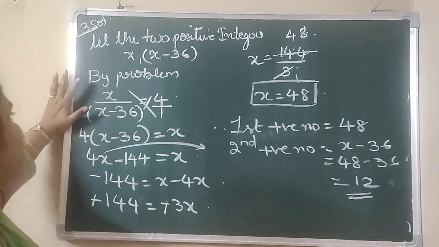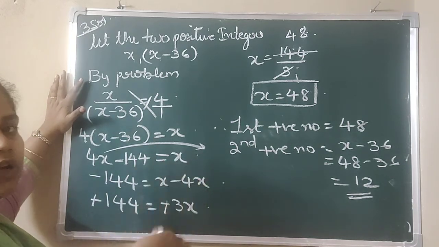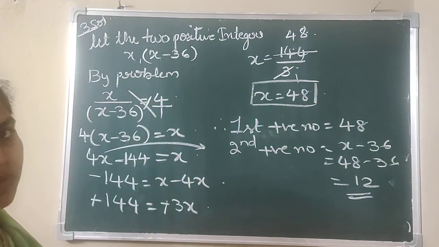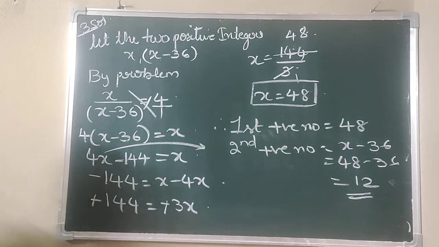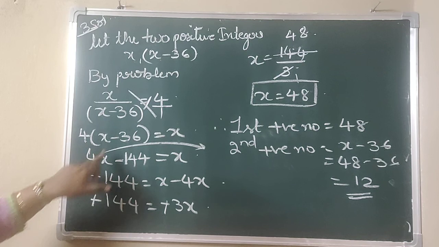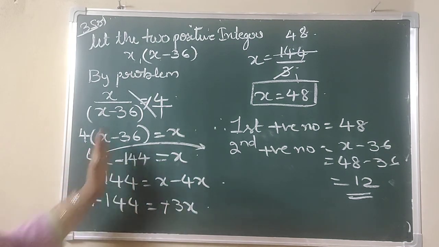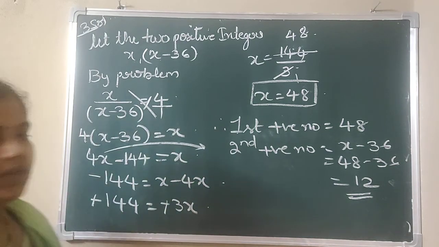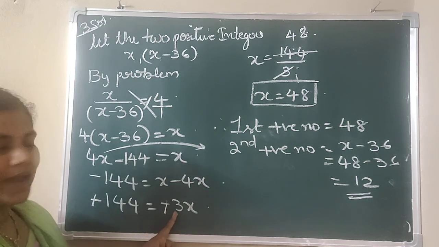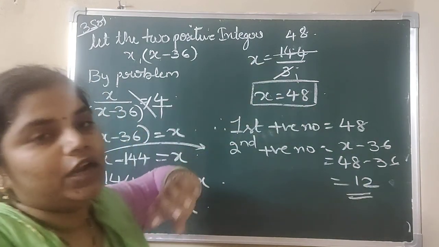So by the problem, when you are dividing both the numbers, the quotient will be 4. So I am dividing both the numbers, the quotient is 4. So I did cross multiplication. 4 into x minus 36 is equal to x. 4 into x is 4x minus 4 into 36 is 144, equal to x. Transposing plus 4x to the other side, that will become minus 4x. So here minus 144 is equal to minus 3x. Minus minus will get cancelled. Transposing the term, you will get the x value as 48.